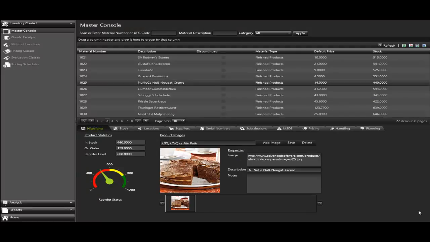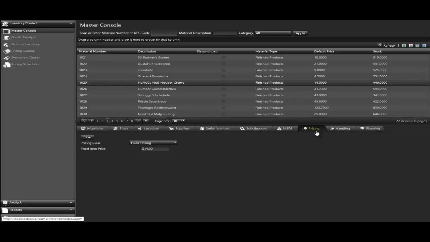Let's talk about the pricing schedules component of the materials management engine. In another video, we discuss how to set up pricing for an item. That's simply finding that item and going to the pricing tab and selecting the pricing class to which that item is a member. If you'd like to learn more about that, please look at those other videos. But another way you can establish pricing is a pricing schedule. So let's take a look at that.